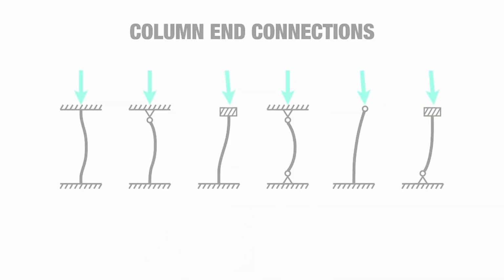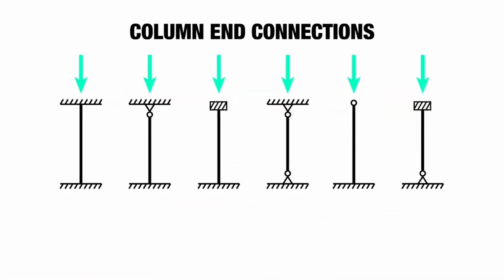To know what is effective length and how to calculate effective length, we should know about different end connections and different end conditions. The different end connections are hinged, fixed, free, and the one which is translation free but rotation fixed. On the basis of these different end connections, there are several end conditions.